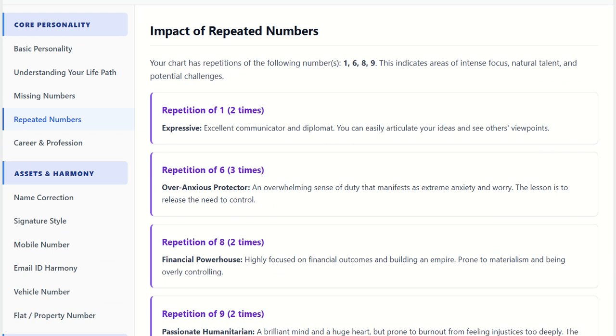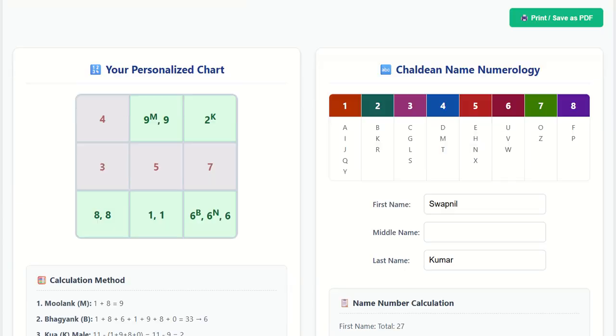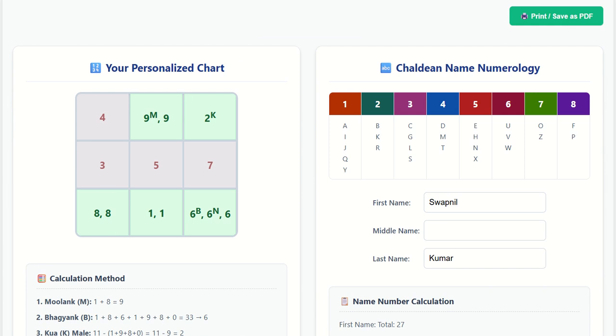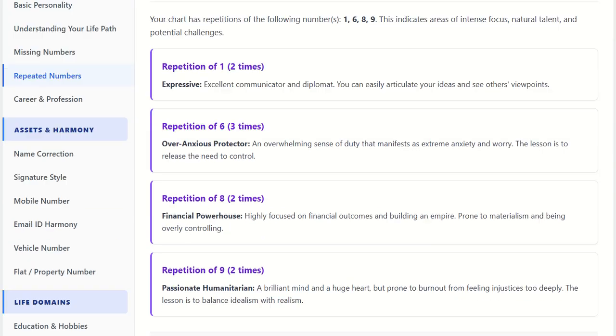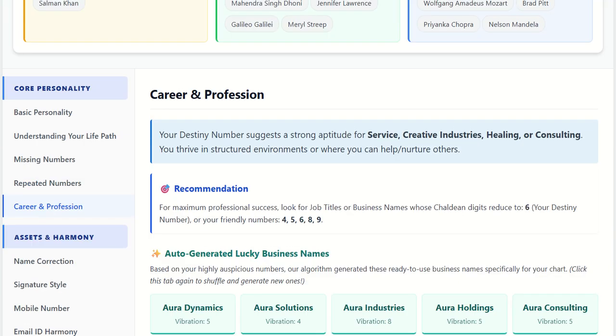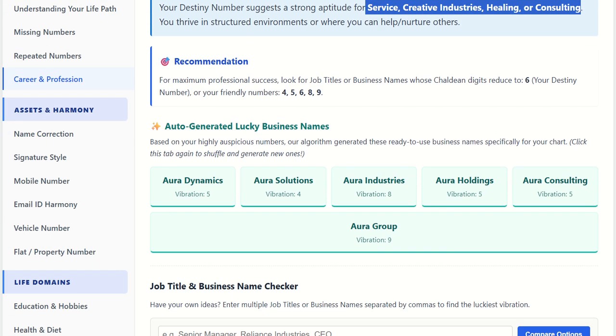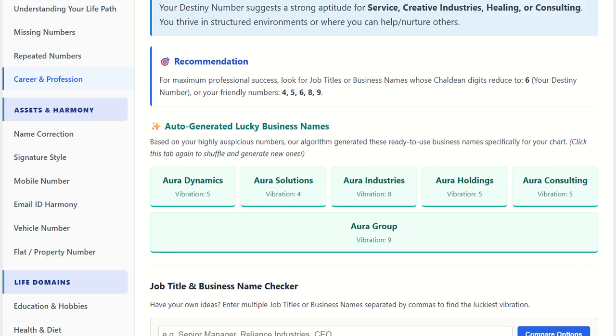Then repeated numbers. There are numbers which are getting repeated, like 9, 1, 6, 8. So many numbers are repeating. What is the impact of these? Then career and profession: you can look into what kind of career you should choose, whether you should go with career service or business or what. And if you are looking for a business, then you can look at the lucky business names also. Few are suggested here with the potential